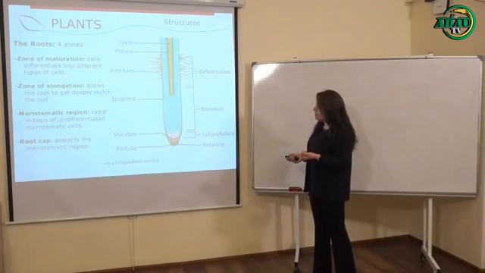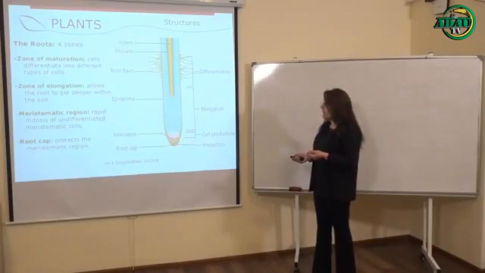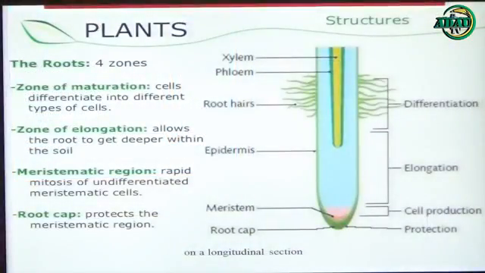The apical meristems of the root are located at the tip of the root, and they are protected by the root cap. Root cap covers the delicate meristematic region of the root tip and protects it,